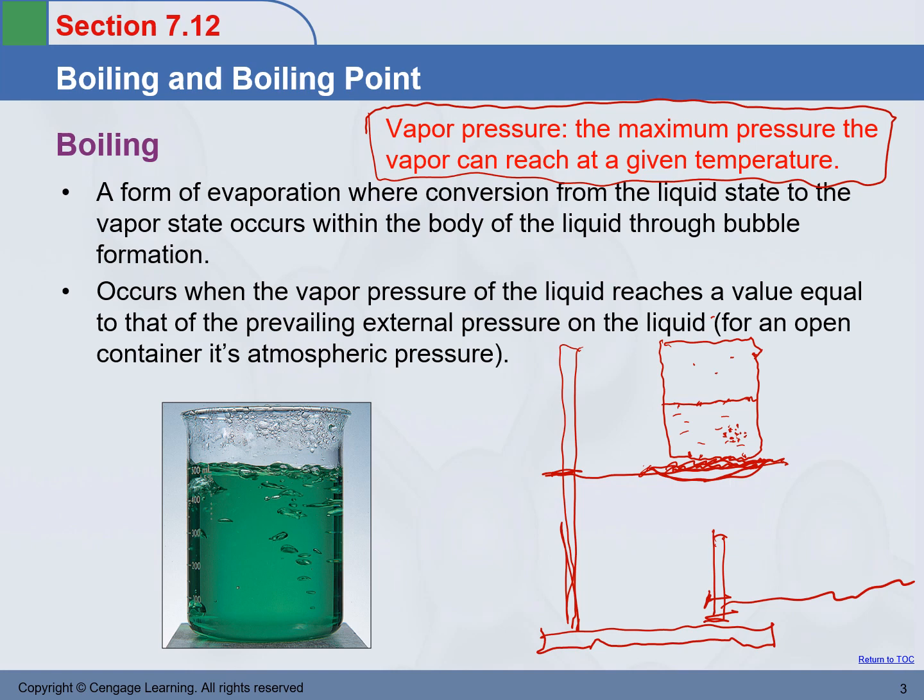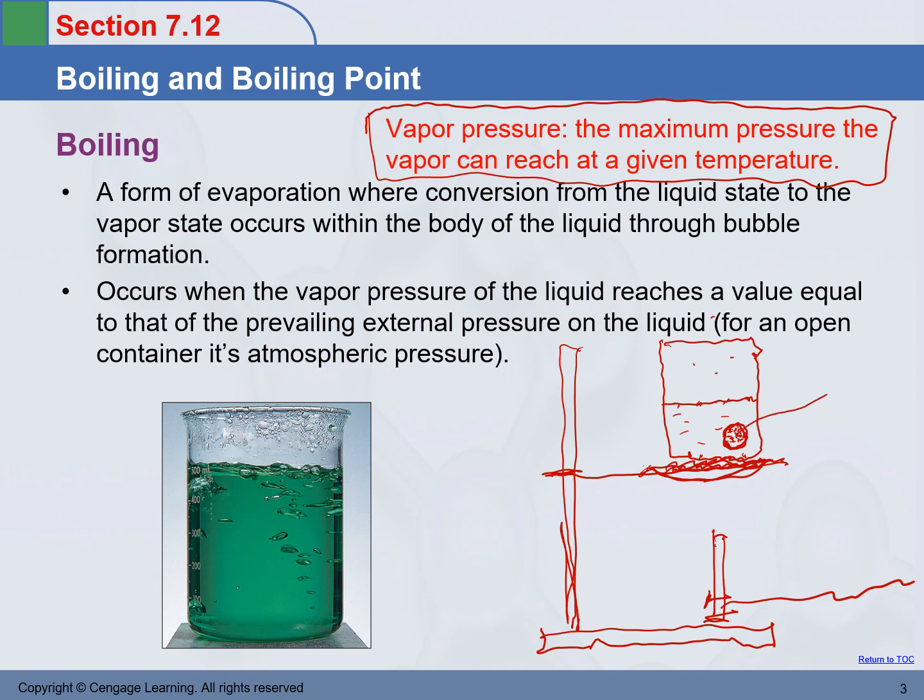Well, let's assume they can. Let's assume some of the molecules within the body of the liquid can evaporate. And if they do, what will happen? If a lot of molecules within the body all evaporate at the same time, what will happen? They will create a bubble here, a vapor bubble. Does that make sense to you? All right, so let's assume they can do that. Once the bubble is generated, what is inside this bubble? Tons of water vapor molecules.